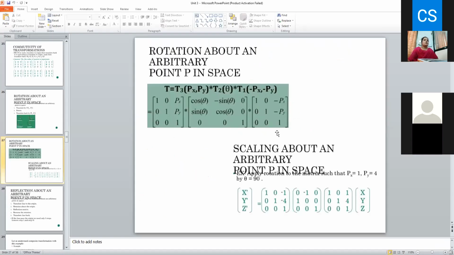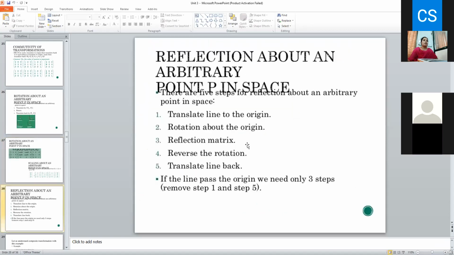So we have studied this point, that is how to carry out the rotation about arbitrary point. Now the next point is reflection about arbitrary line, or reflection about arbitrary point in space. So we are going to carry out the reflection about any arbitrary point. It means ultimately the line should be passing through it. Now tell me,